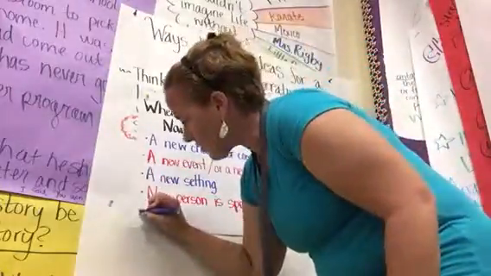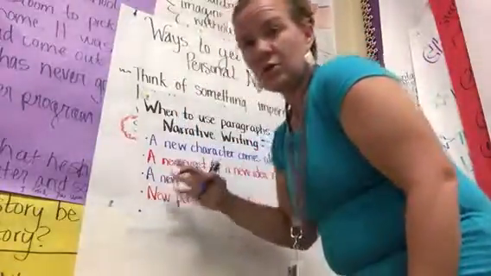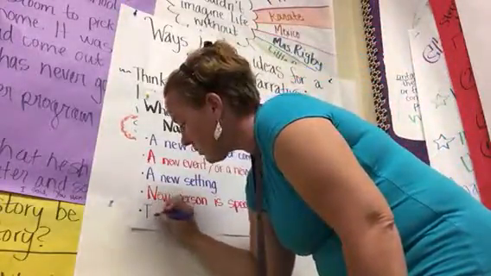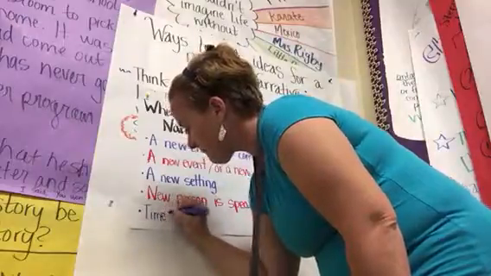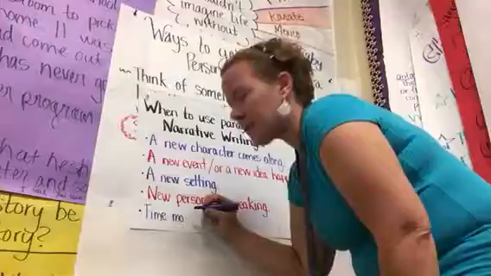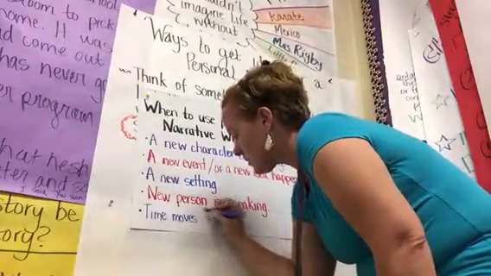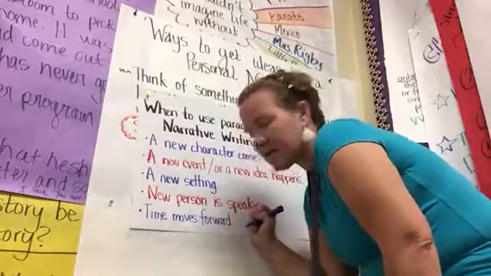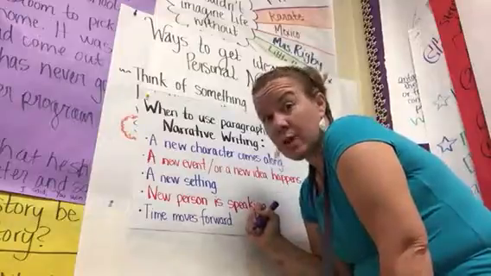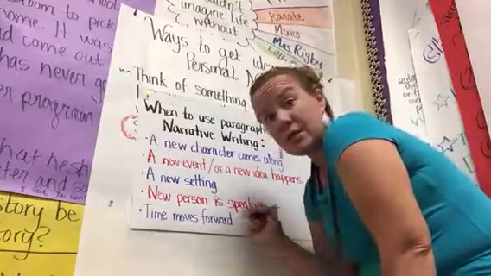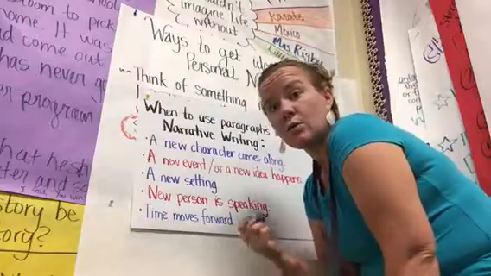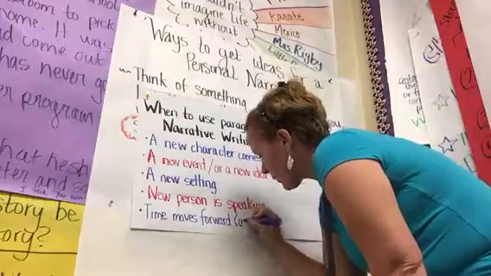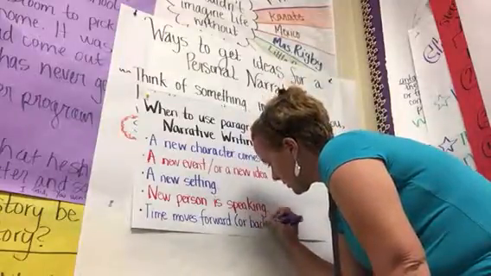Okay? And then another reason, the last way that we give a new paragraph when we're writing a narrative fiction is when time moves forward or backward, more than just a couple of minutes. So in your story, if you use those transition words like 3 hours later, that's a brand new paragraph. If you use 3 years earlier, things like that, that would give you a brand new paragraph. So anytime time moves forward or backwards,